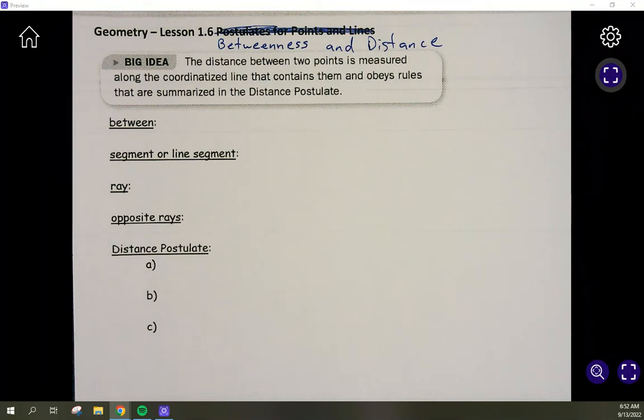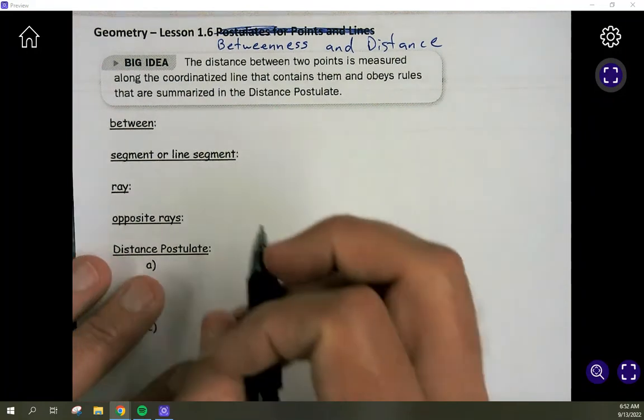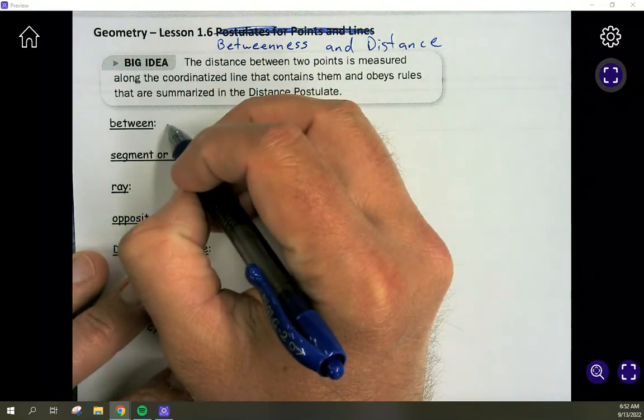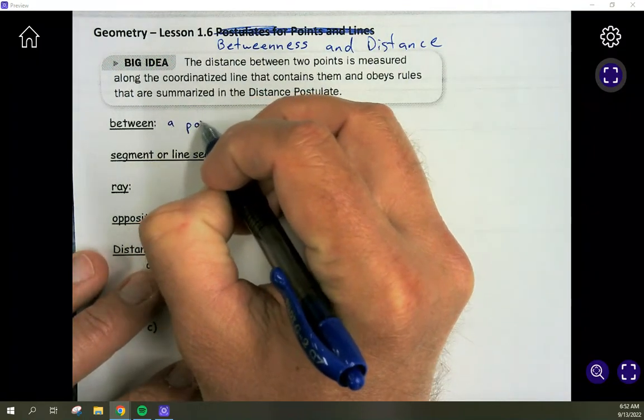All right, so we're going to be looking at the distance between points, what points are between other points on a line, talk about different kinds of lines, such as rays and segments, opposite rays, and talk about finding distance between points on a line. So first of all, the word between, we want to go ahead and define that in terms of geometry. We know obviously what the word between means, but specific to what we're looking at, that's going to be a point